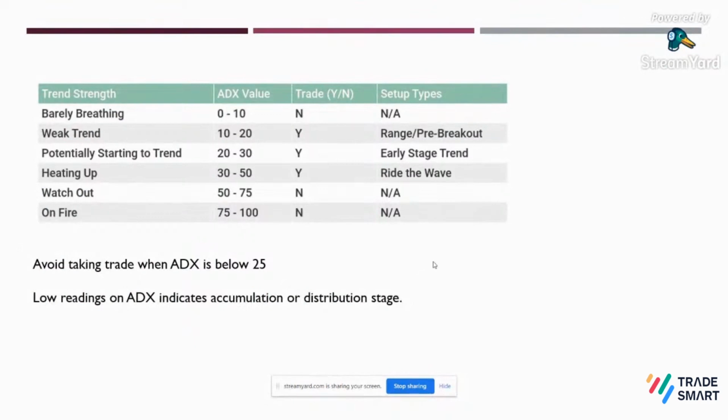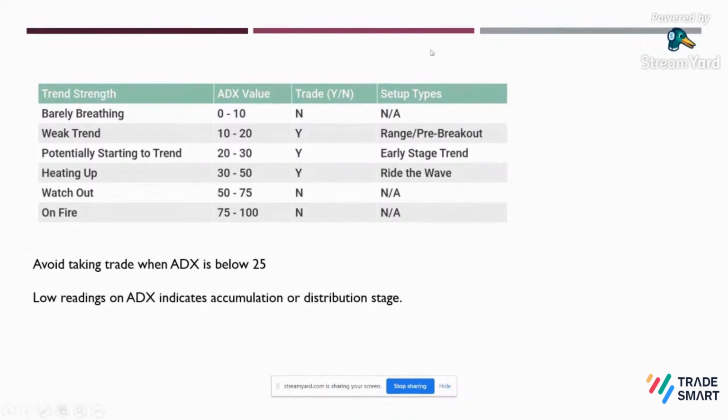When the plus DMI is above the minus DMI line, the prices are moving upwards. I'll just repeat one more time so it won't be confusing for you. And ADX measures the strength of the uptrend. How is it going to quantify it? By its number.